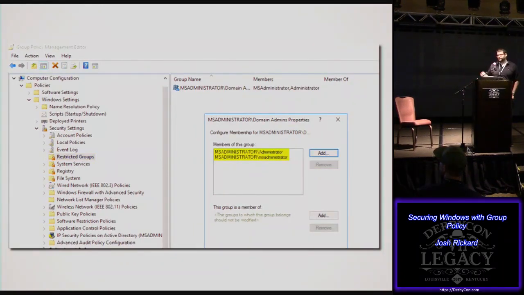Okay, Joe should have access to this, Sam should have access to domain admins, whatever it is, and only those very, very highly privileged users are able to add themselves to this group. By accident, it depends on how big your organization is, how mature your organization is with Active Directory, but when we add these in, every time group policy refreshes, it will always put these users back into that group, no matter